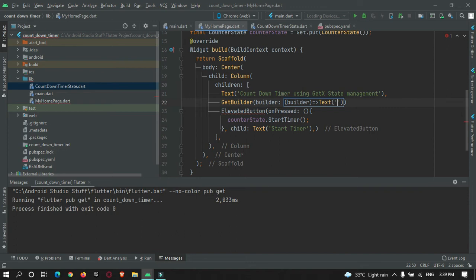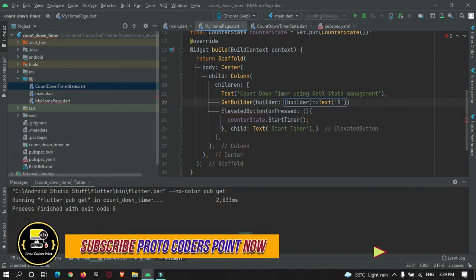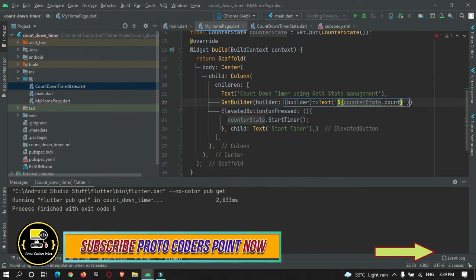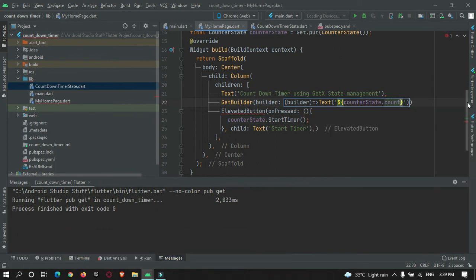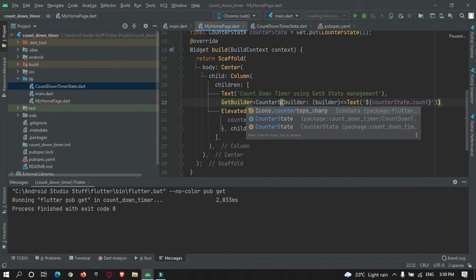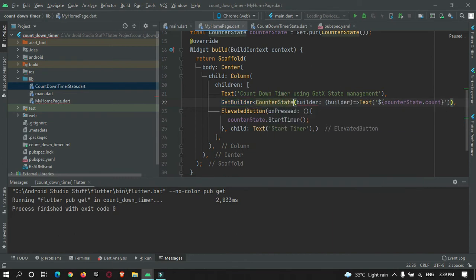The text will be $counterState.count. And you need to typecast this GetBuilder with CounterState, like this.